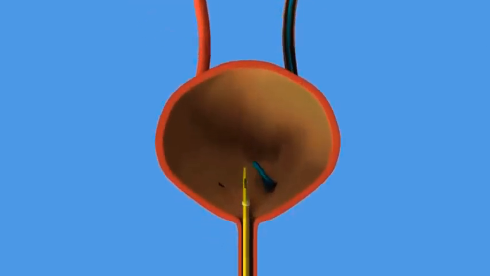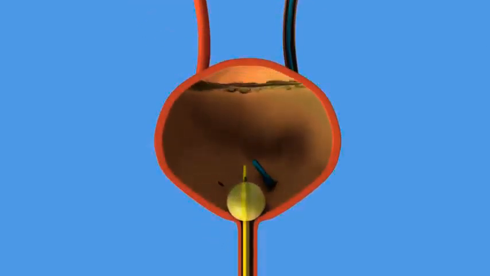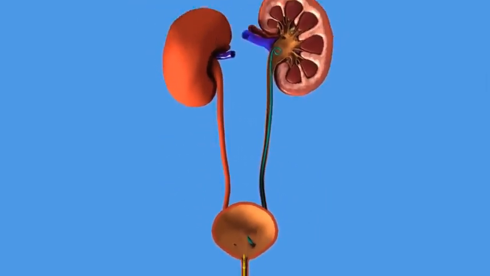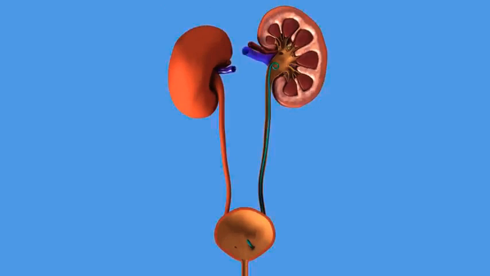A catheter, which is a tube placed through the urethra into the bladder, may be used to drain the bladder. This catheter remains in place with the use of an inflated balloon. The catheter and stent are usually removed shortly after the procedure. You can leave the hospital once you are able